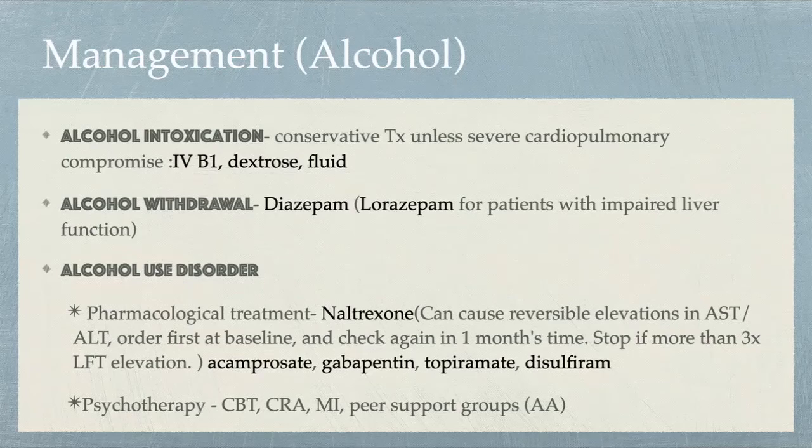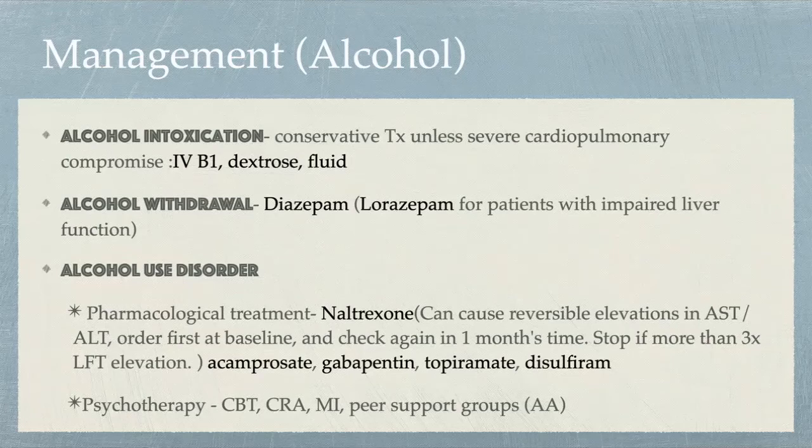And the treatment for alcohol use disorder is more complicated. It includes pharmacological treatment. The options are naltrexone, acamprosate, gabapentin, topiramate, and disulfiram. And various psychotherapy options are available, which are found to be highly effective for alcohol use disorder, including CBT, cognitive behavior therapy, community reinforcement approach, CRA, motivational interviewing, MI, and peer support groups,